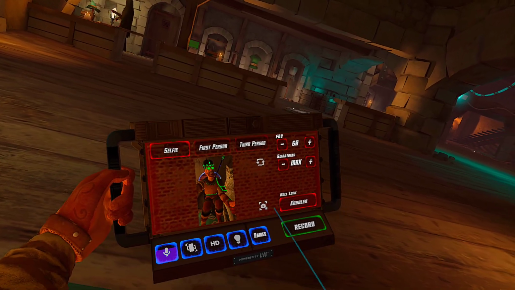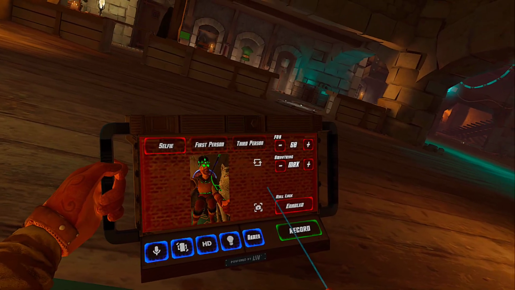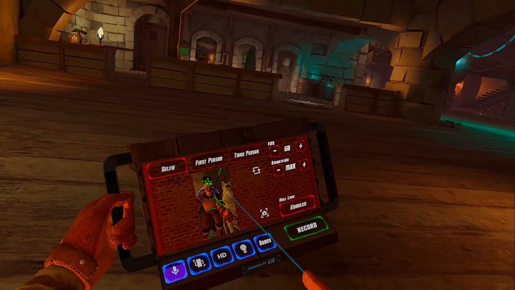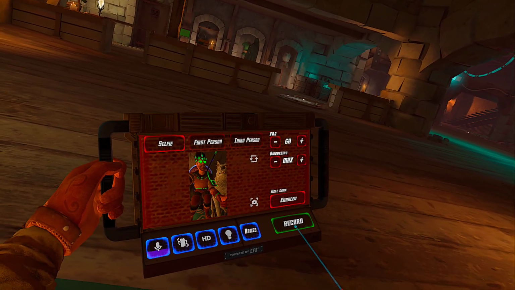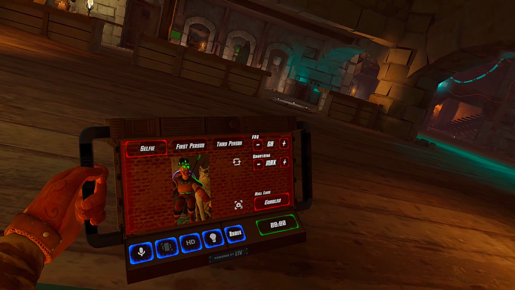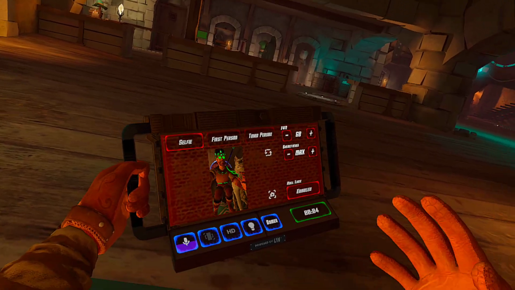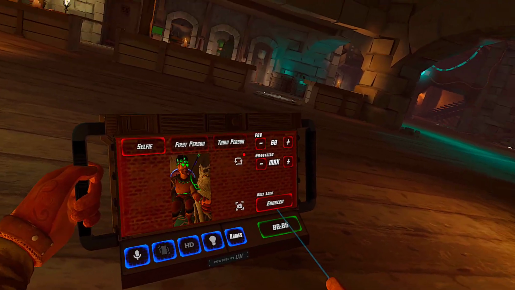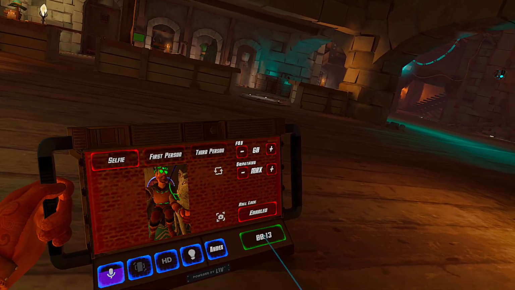Then there is the recording feature right here, which obviously does what it says. It starts recording. I'll show here real quick what happens when you record. So it starts the recording, starts counting up. Right now I'm recording in 2 spaces, so it might get laggy for me because I'm recording on my headset and recording in LIV. But yeah, it is very nice to be able to see how long your video has been